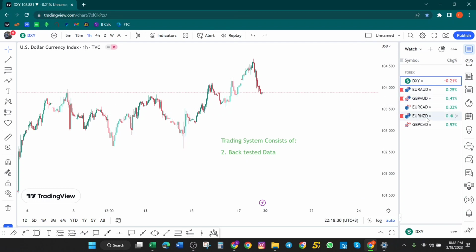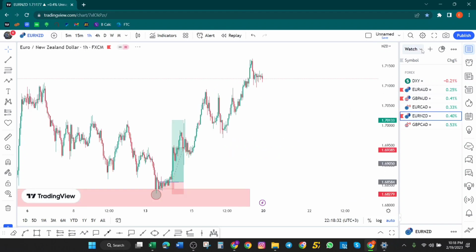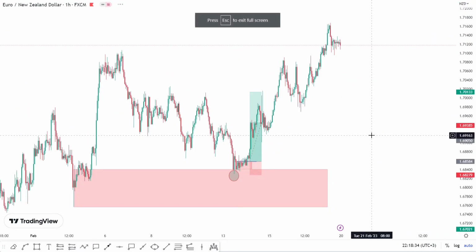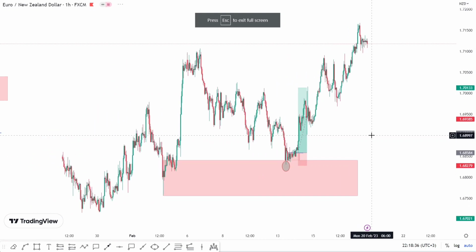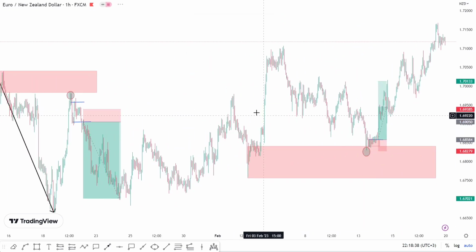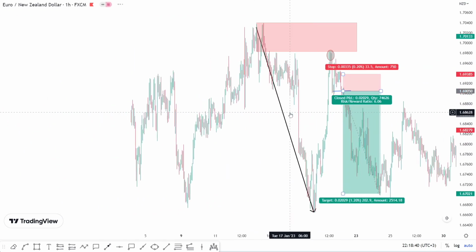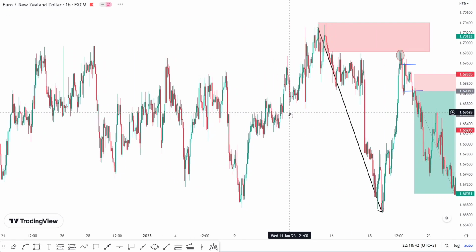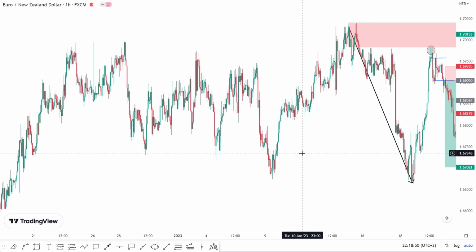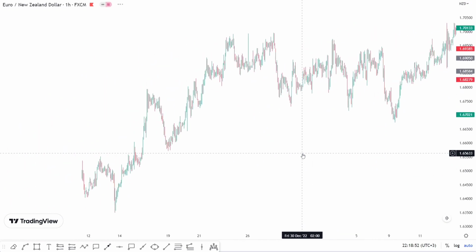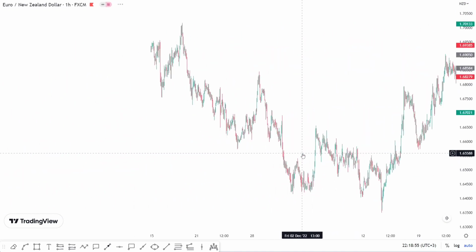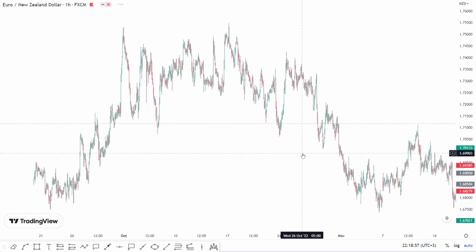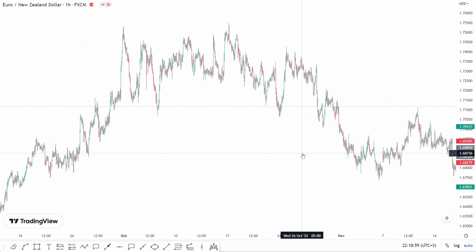So now backtesting, in the simplest form, is just applying your strategy to the past market data. For instance, I've already defined my strategy, so I don't know what you're using to trade. And as I've said, the strategy is very subject to you as an individual, to you as a trader, and what works for you. I'm just using my example of supply and demand here. So I've defined my strategy of supply and demand. So now, after defining all the conditions necessary, you need to go to your chart, scroll back if possible 1-2 years ago, start